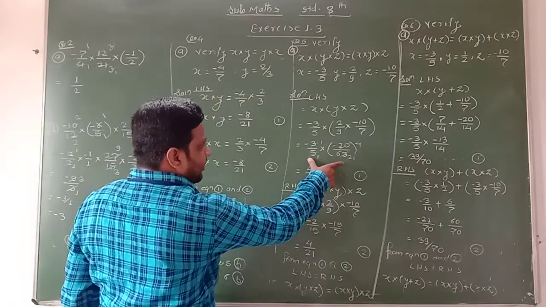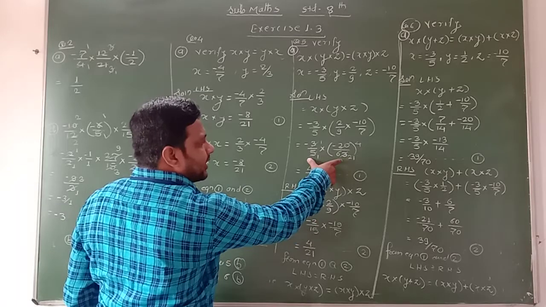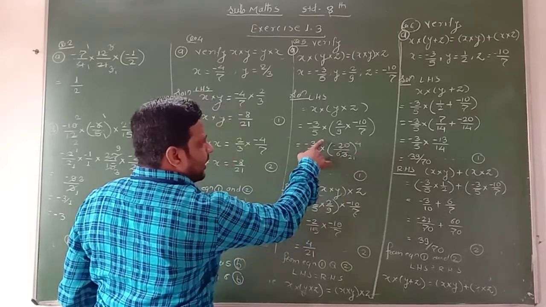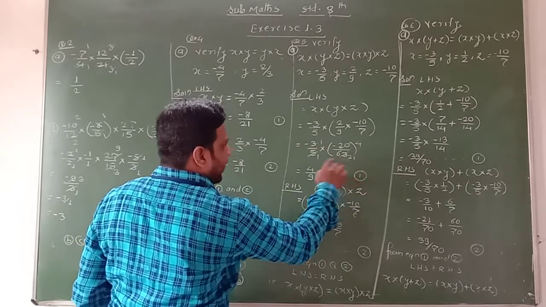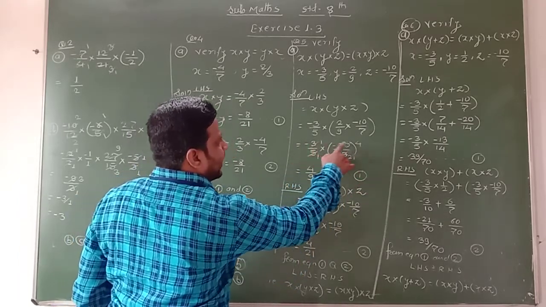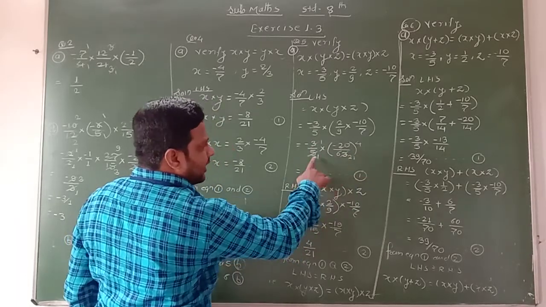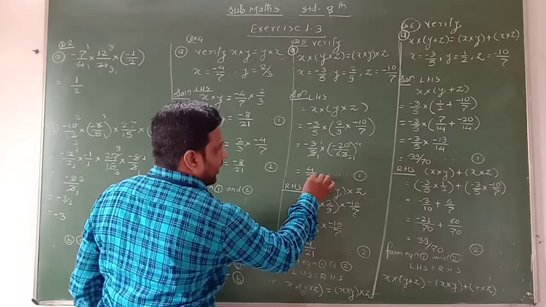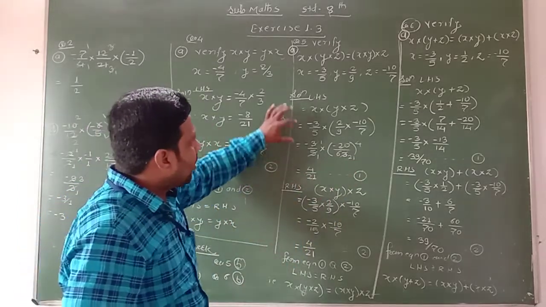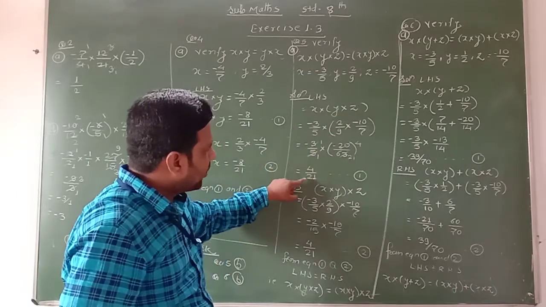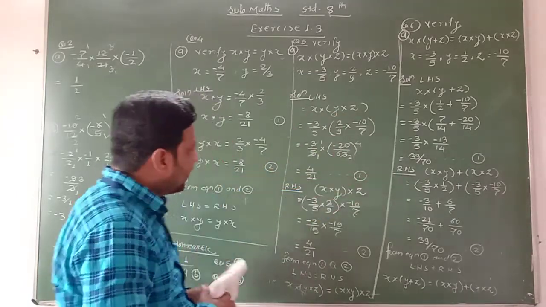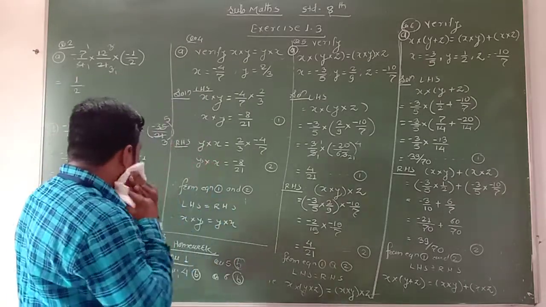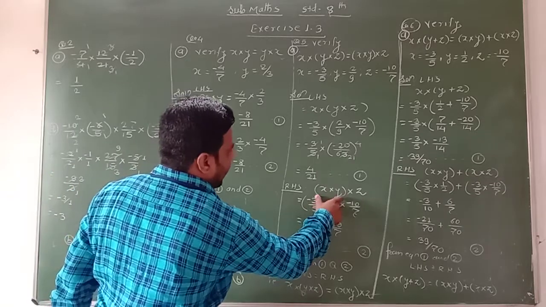Now in this multiplication, here we write in the simplest form, 5 ones are 5, it will cut, here we get 5 fours are 20. Similarly 3 ones are 3, here we get 21. Therefore minus 1 into minus 4, here we get 4, and what is remaining in the numerator, that is 1 into 21, this is 21. Here we get the product, or the left hand side is equal to what? 4 upon 21. This is equation number 1. Now we see the right hand side of the equation. The right hand side of the equation is given: (x into y) into z.